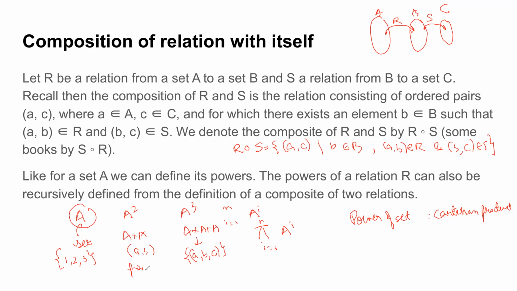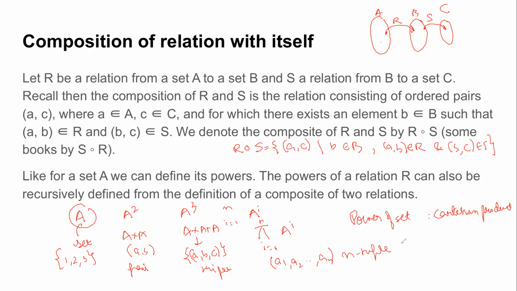So you have a pair here, you have a triplet here, and if you look at the general n product, how will each element look? Yes, class. Very good, it will be, in general, an n-tuple. For each element there will be n elements, right? Each element will be an n-tuple, not a pair. There will be n elements involved, right? So this was when we have to consider the power of a set.